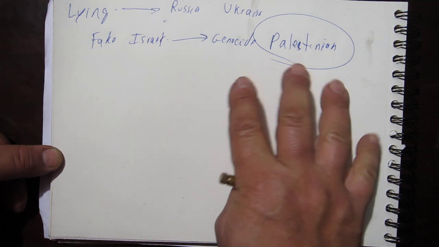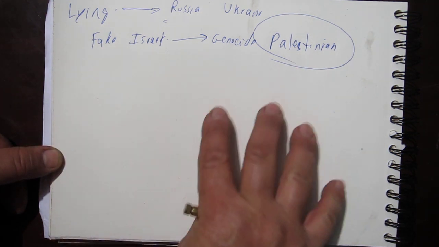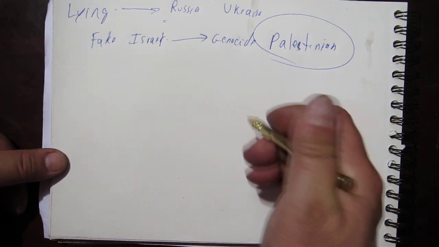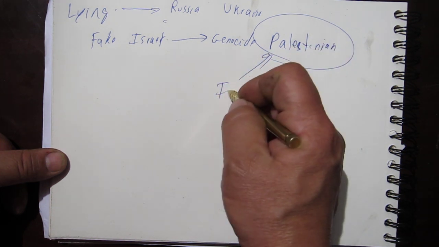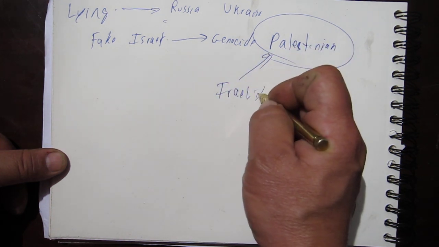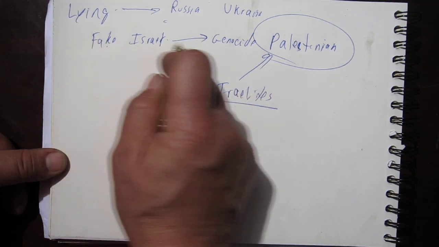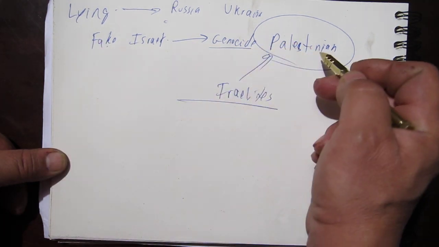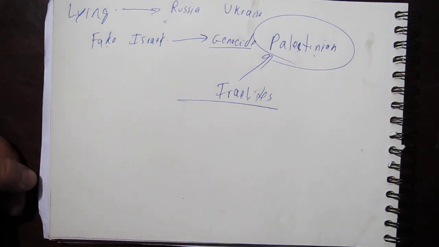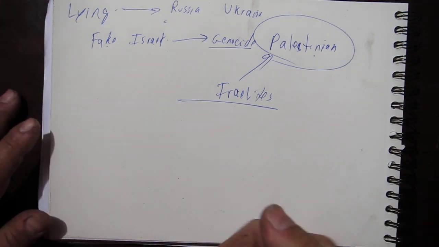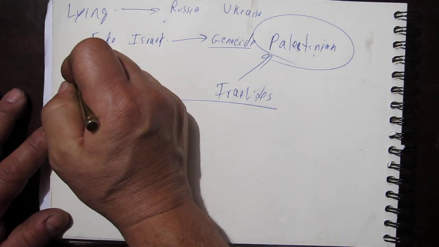It is my thinking, from understanding how God does things, that these are part of the Israelites. And being part of the Israelites, fake Israel is trying to conduct genocide upon these Palestinians so that they can get the land,